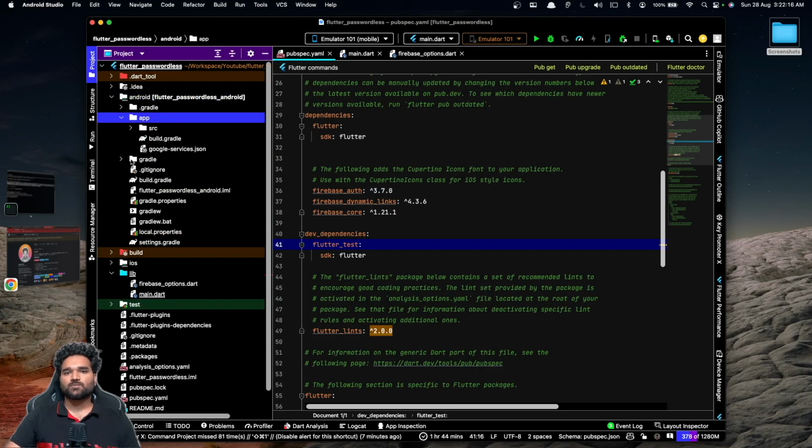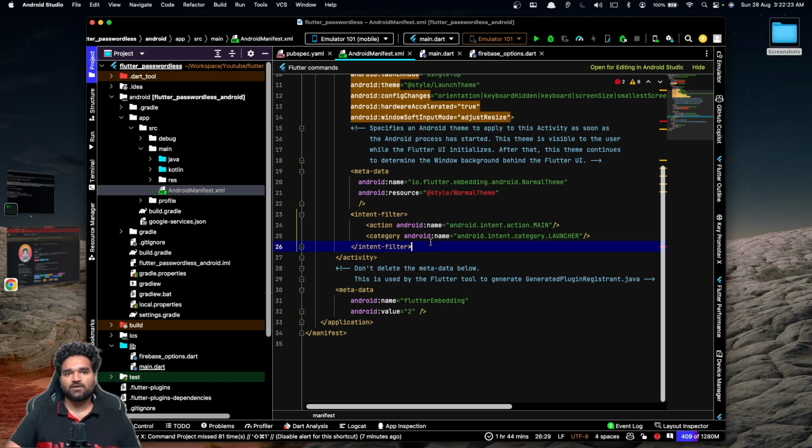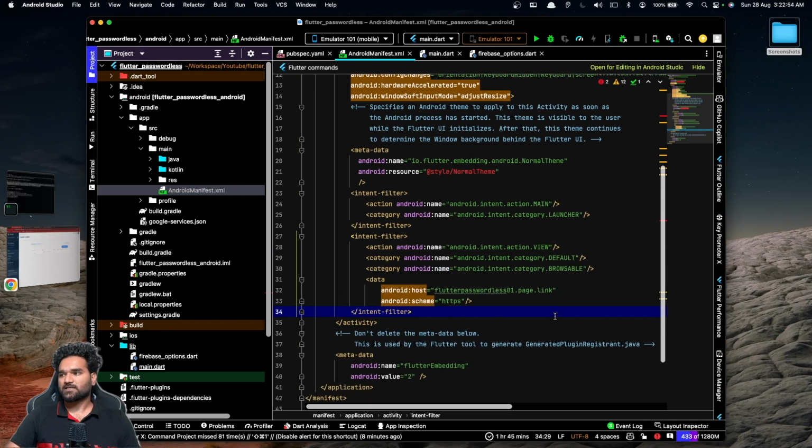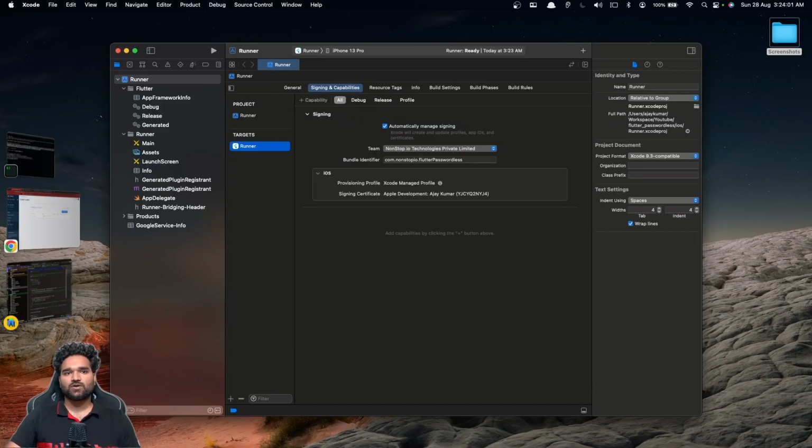Next is let's open the Android manifest file. Here we need to add an intent filter where your scheme would be HTTPS and your host would be the Firebase dynamic links domain. Next, open your Flutter project in Xcode and under targets, go to runner